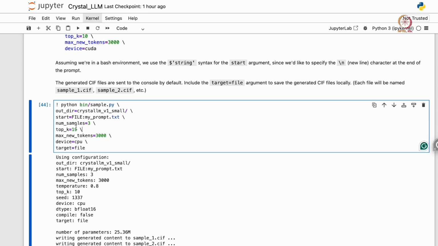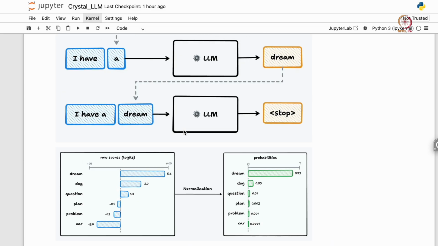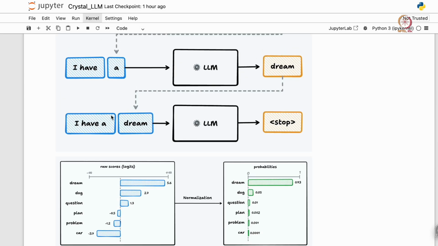Now for this top K 10 parameter, let's see. Every time a token goes into an LLM, you get a list of output probabilities. The simplest strategy is to use the most probable output. But if you do that, for the same starting point you will always collapse into the same outputs for the rest of the generation.